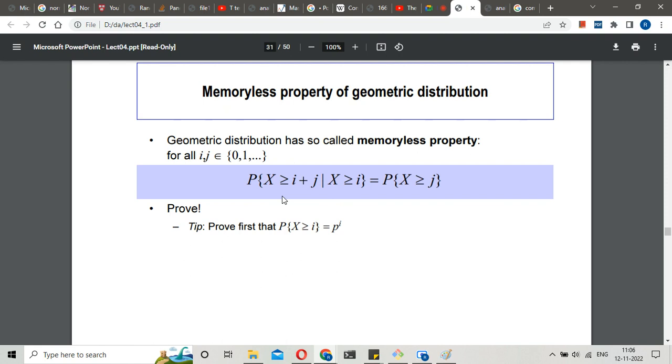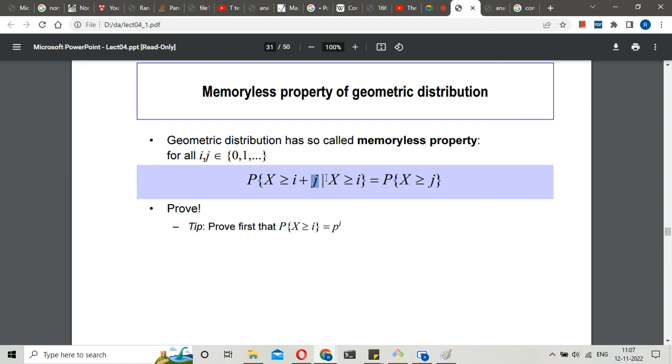How to explain this. It is like today's weather is not dependent on tomorrow's weather. So if you want to calculate tomorrow's weather forecast, you can ignore today's forecast actually. So that is how you can say, today is I and tomorrow is J, or you can call this a geometric also. Suppose the fifth event is failure, I want to check if the ninth event is also failure.